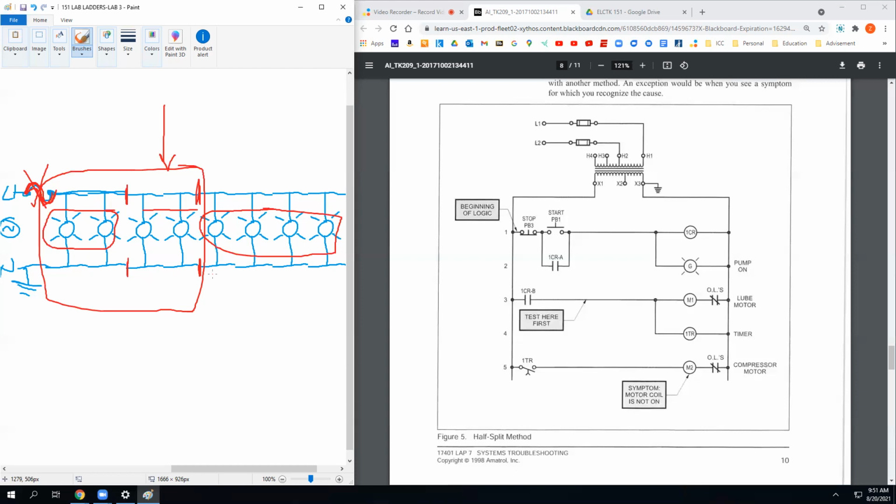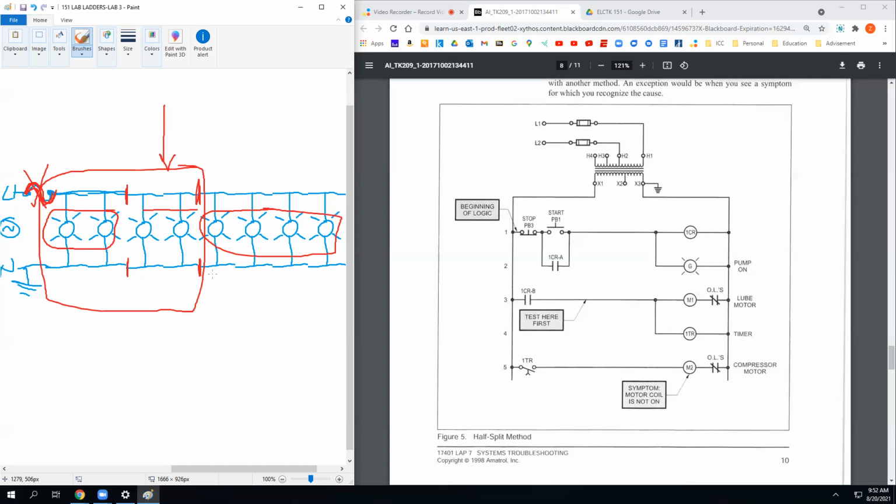Think about a house. You could have the same problem with a circuit with outlets on it, right? So you might have this room, that room. This is pretty big, but let's say you got 10 outlets on a circuit, and they're in this room and that room, and it's tripping the breakers, and you don't know where. You can get an idea of what circuit that breaker was on by testing these outlets and saying,